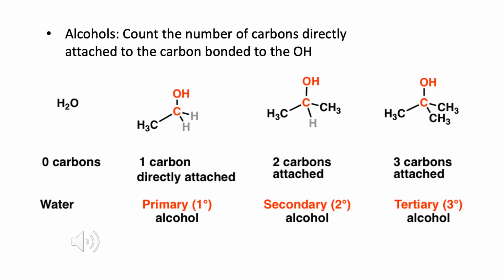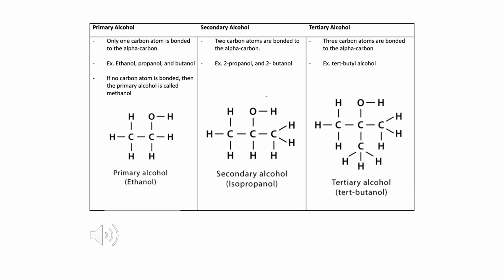The third example demonstrates 2 carbons attached, which means it's a secondary alcohol. And the last structure shows us that there are 3 carbons attached, which demonstrates it is a tertiary alcohol. Moving forward,